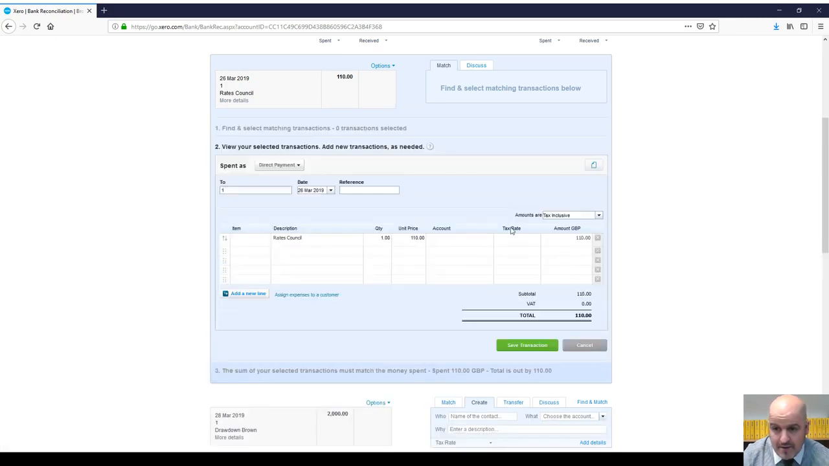You'd say spend money. Now here you've got three options. So we'll look at the two today. So you've got direct payment and an overpayment. So I would usually say you don't do a direct payment unless you know 100% you're not going to get an invoice for it. So this can be a little bit tricky to explain, but basically in this scenario you've got a direct payment